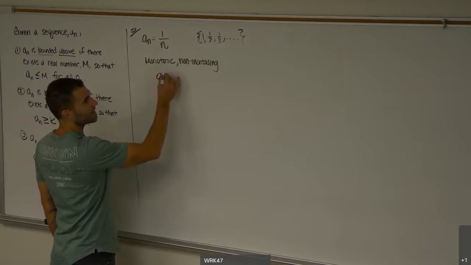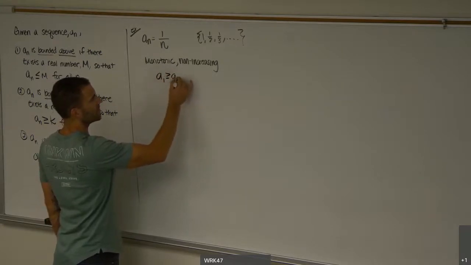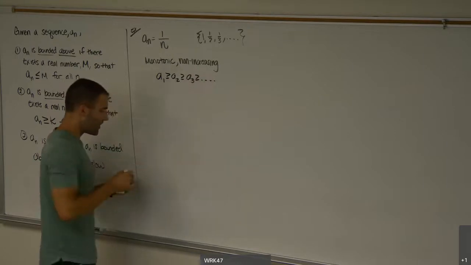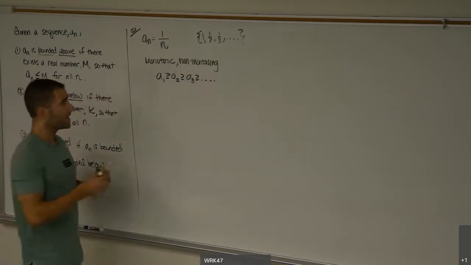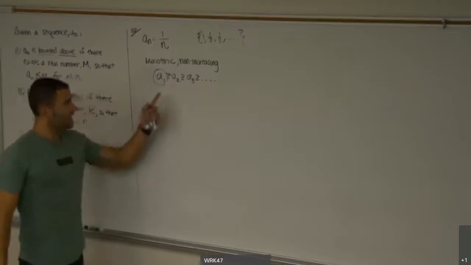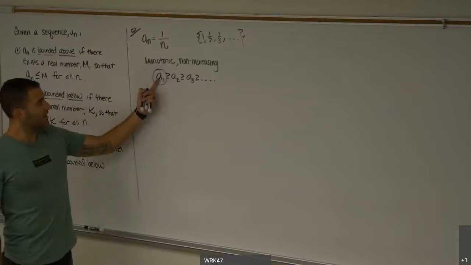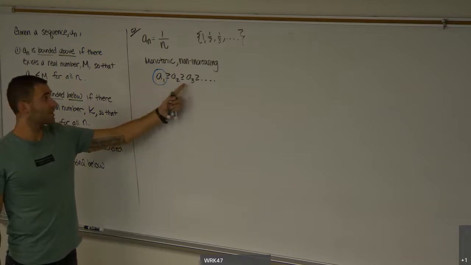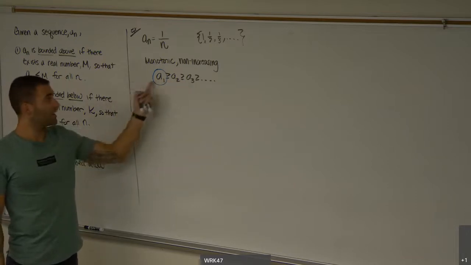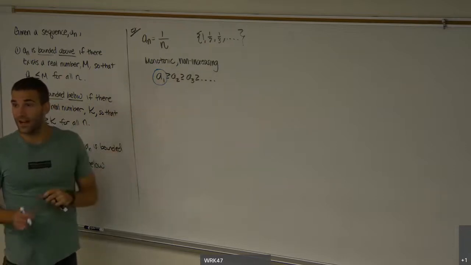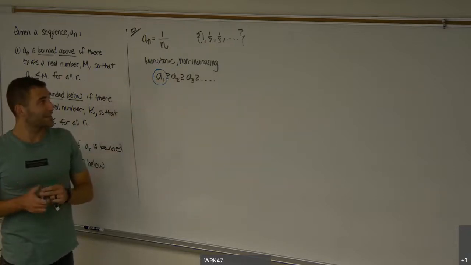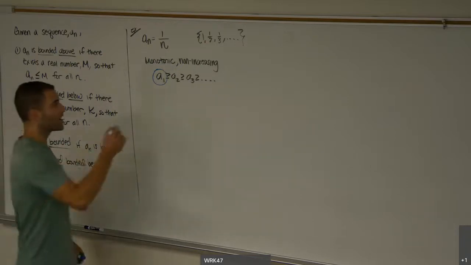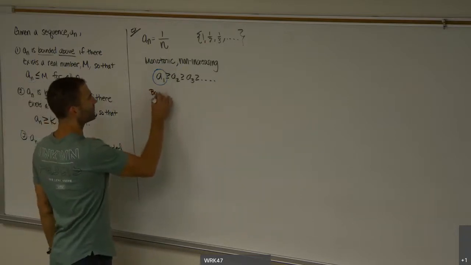And actually what that means, since it's monotonic, non-increasing, think about that. That means A sub 1 is bigger than or equal to A sub 2, is bigger than or equal to A sub 3, ... You automatically would then get a bound. Every term then is smaller than the first term, right? A1 is bigger than A2, A2 is bigger than A3, so A1 is bigger than A3, A1 is bigger than A4, then bigger than A5, and so we automatically get a ceiling. Since this sequence is monotonic, non-increasing, it is automatically bounded above